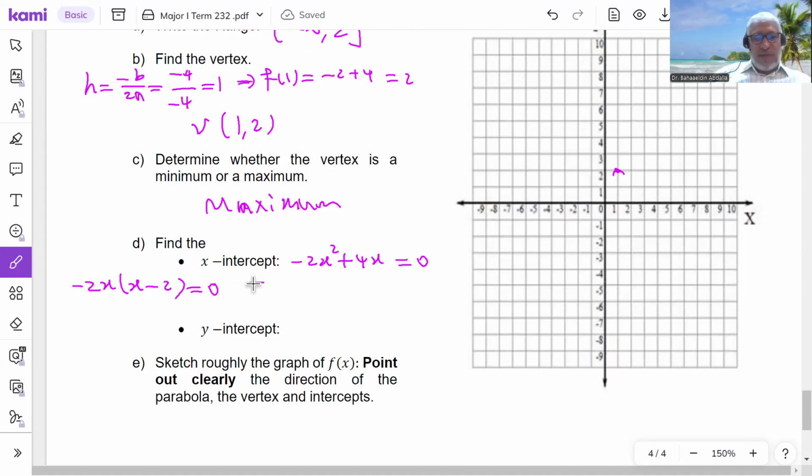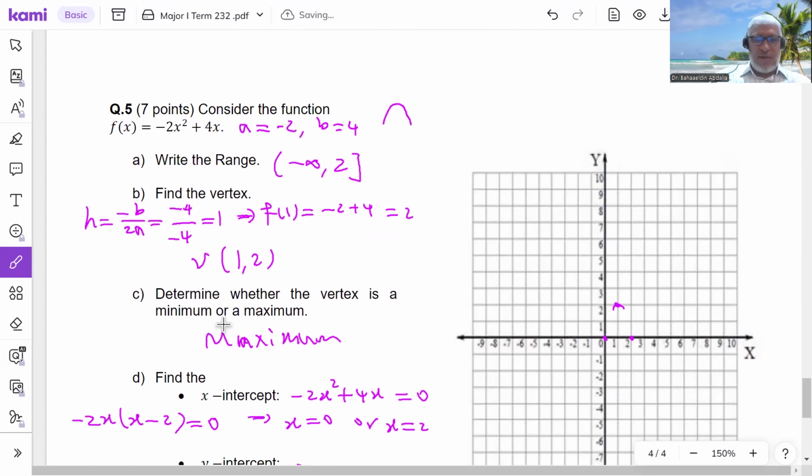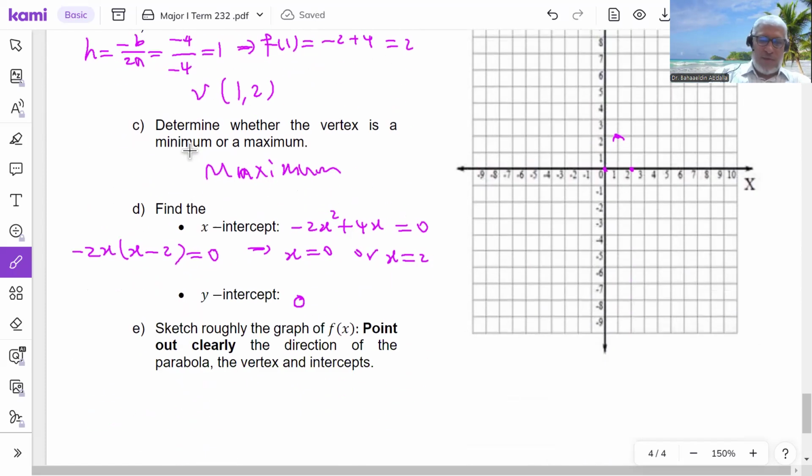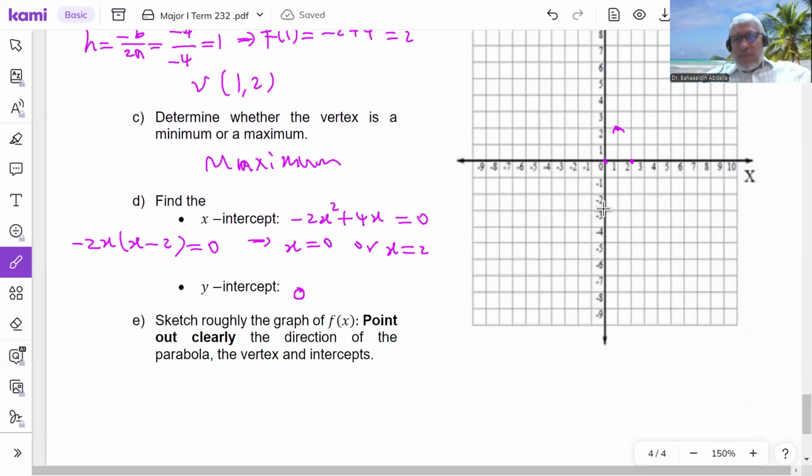So there are two possibilities. Either -2x is 0, which means x is 0, or x minus 2 is 0, which means x is 2. So these 2 points are the x-intercepts, 0 and 2. The y-intercept is 0, because when I put x 0 here, y would be 0. There is no c, c is 0. So the y-intercept is 0, so you just need to